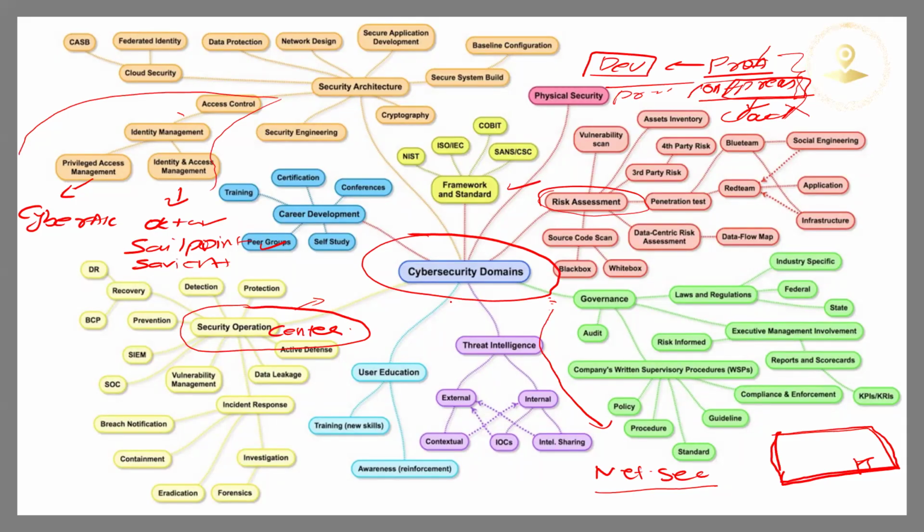Within network security, we also have endpoint security, and also we have PKI. This is a very huge domain, guys. It's not confined to one thing. We will be focusing on vulnerability scanning and penetration testing. This is again the same as third-party risk assessment, where we ask someone to do penetration testing and vulnerability scanning. So we will be dealing mostly with the risk assessment part of cybersecurity.